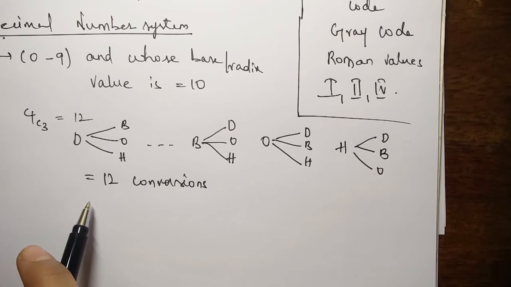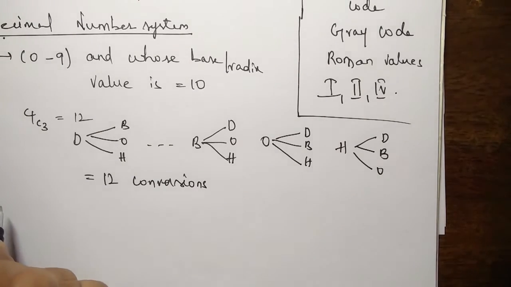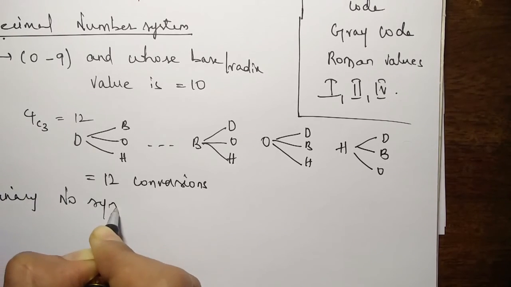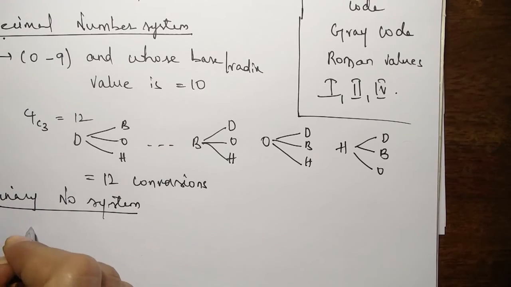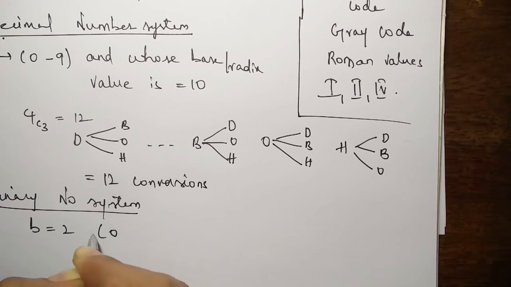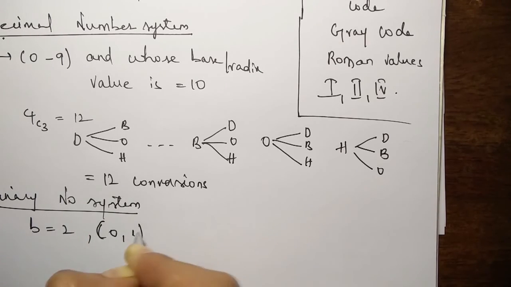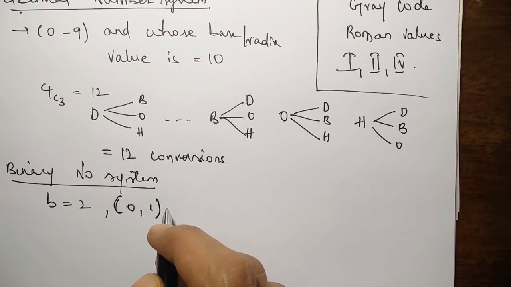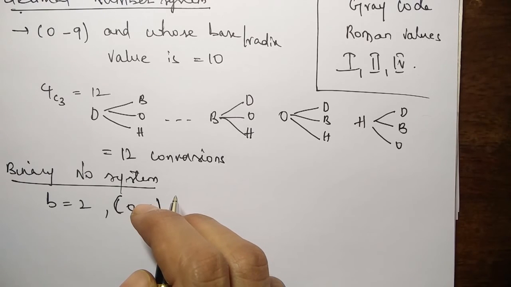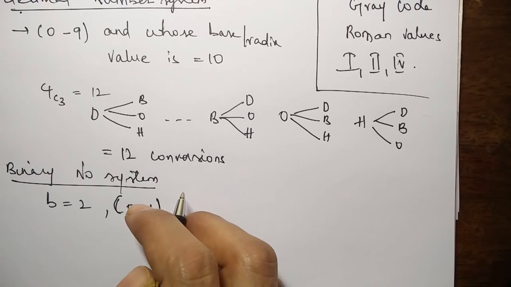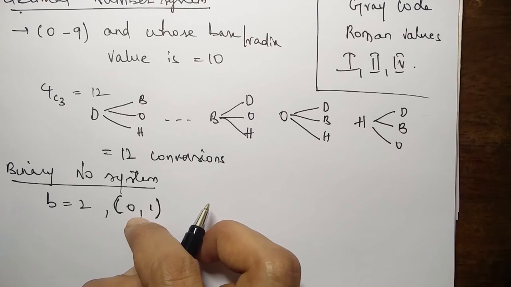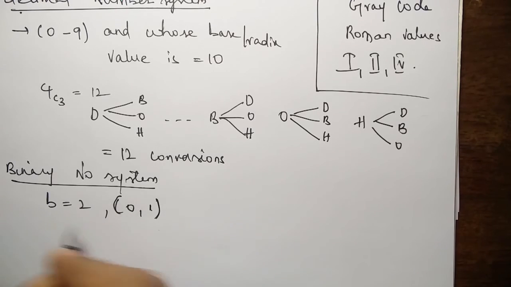What is meant by binary number system? The binary number system's base value is 2. It means it takes only two values, 0 and 1. Not beyond this and not less than this. It is the type of number system which programmers use most, and the computer's understanding number system is binary, because the computer understands input in the form of zeros and ones.